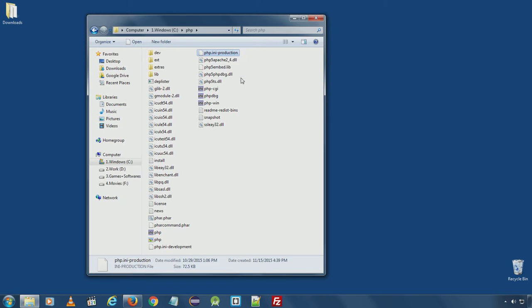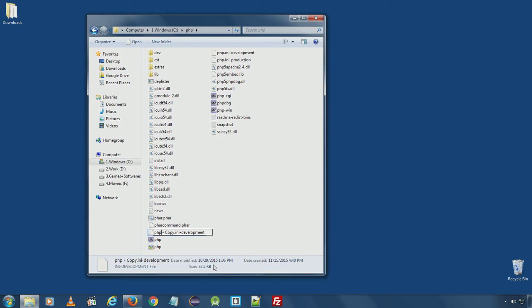In order to make PHP run together with Apache web server, we will have to create a php.ini file and add some lines in Apache folder. Since we are using a development computer, we will copy php.ini development and rename it to php.ini.